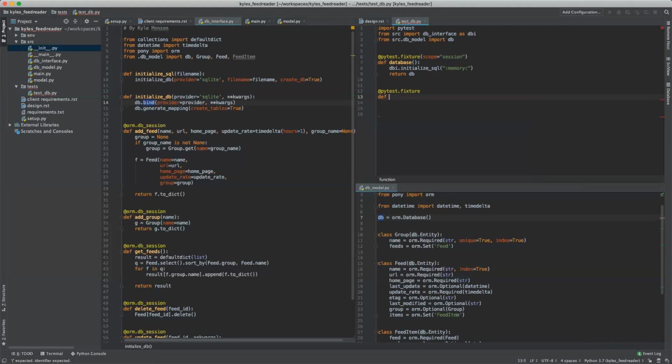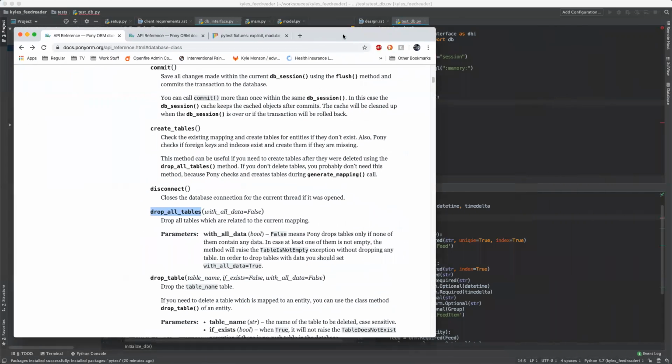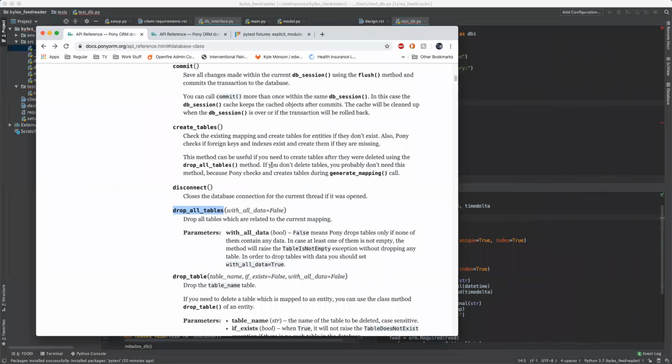So we're going to def and call it session, and session relies on database. And then session is going to take our DB object. So if we come back to our API reference for our ORM,